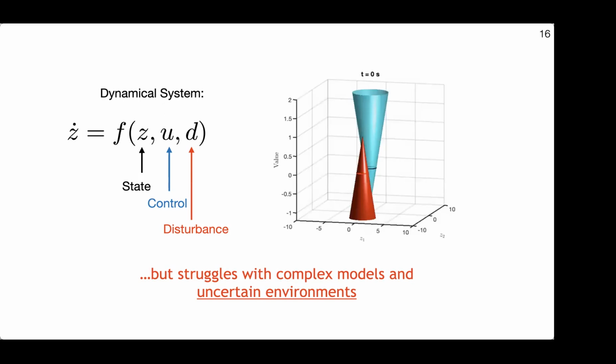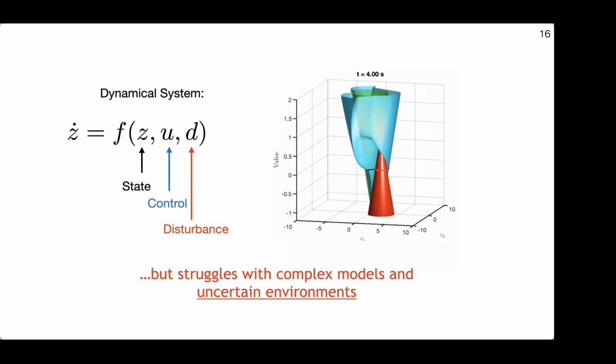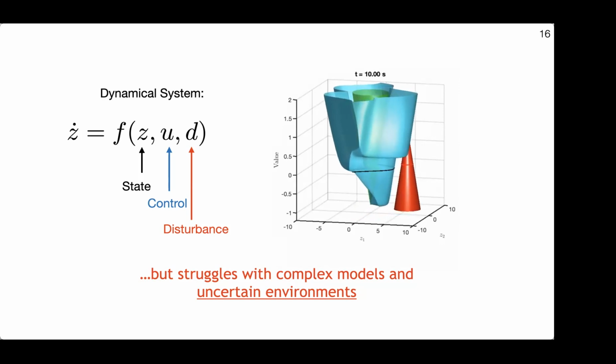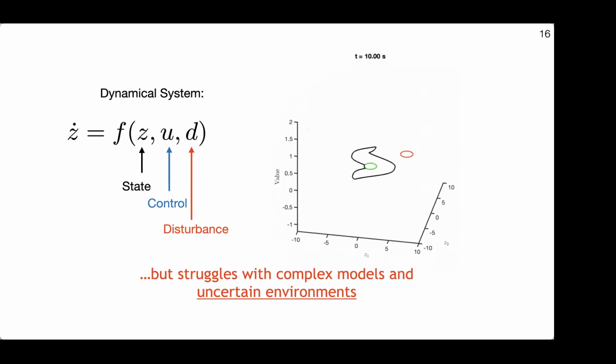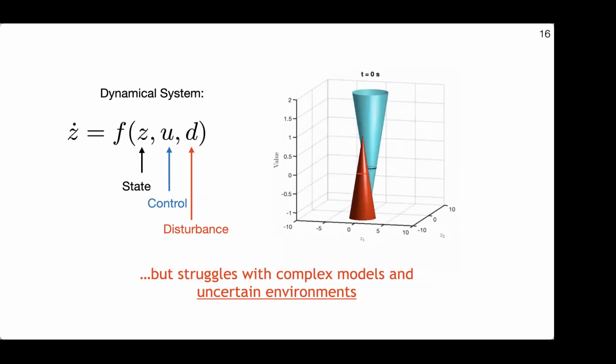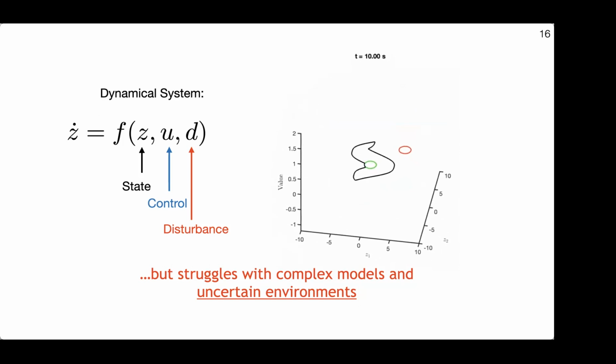I can also handle obstacles. So I can throw in an additional cost function here. This represents an obstacle where now positive is high cost and bad, being inside the obstacle, and negative is good. And I can incorporate even moving obstacles into this analysis. And this is one of my favorite videos. I think it's so beautiful how it slices through the computation. What I get in the end here then is what's called a reach avoid set. So how I can reach goals while avoiding the obstacles in the process.